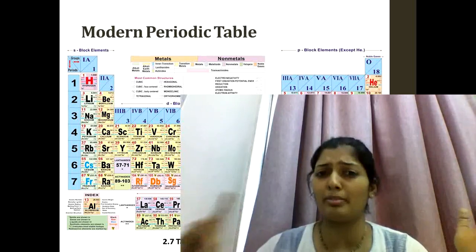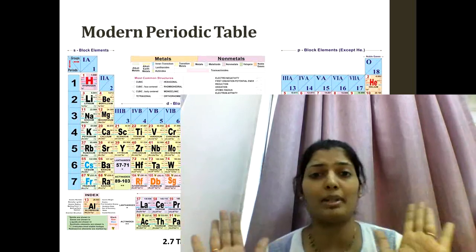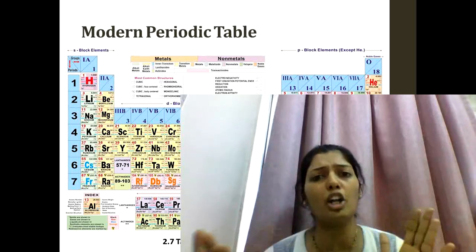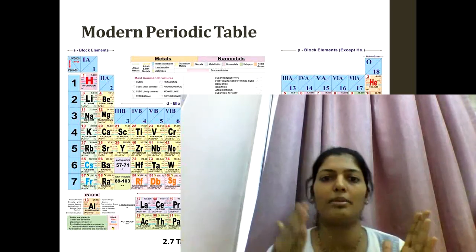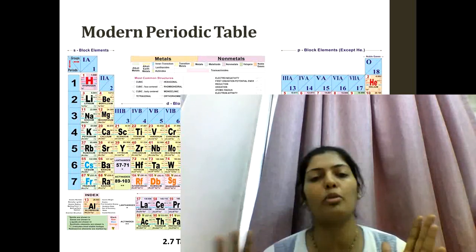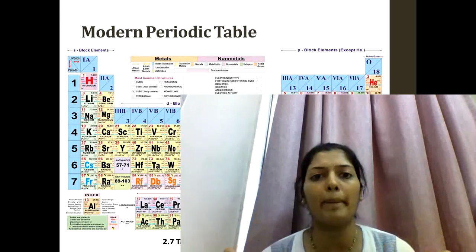Metals, non-metals, metalloids. याद रखो सिर्फ D block में metals, non-metals and metalloids है, बाकी इसमें नहीं है. So if I talk about D block, it is placed in the middle of the periodic table, 3 to 12. 3 to 12 इसे हम लोग कौन सा बोलते हैं? D block बोलते हैं. It is placed in the middle of the periodic table. They contain क्या है? Metals.